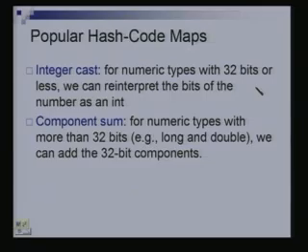If you have, let's say, a key which has more than 32 bits in it, let's say it's a long or a double real number which takes more than 4 bytes, then you can take it in chunks of 32 bits and add them up. So take the first 4 bytes, add to it the next 4 bytes, and so on to get eventually some 32 bits, and that could be the integer you are working with.